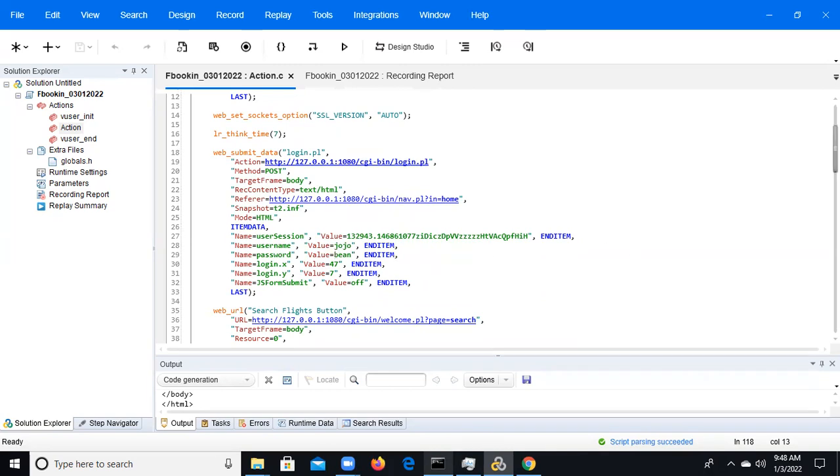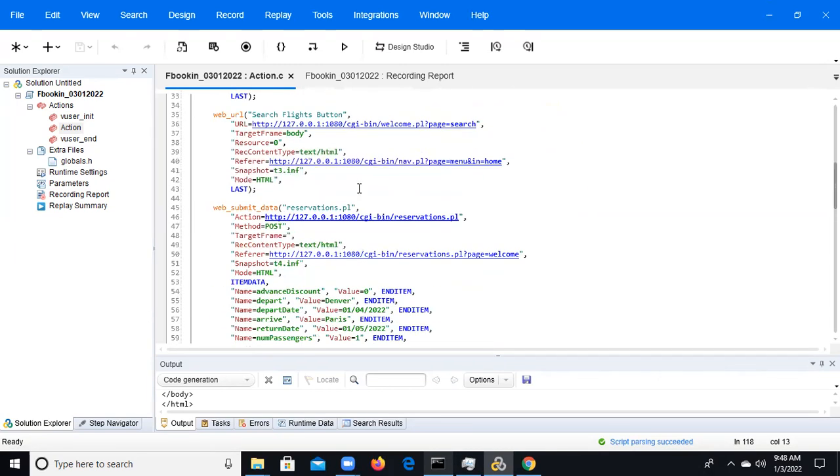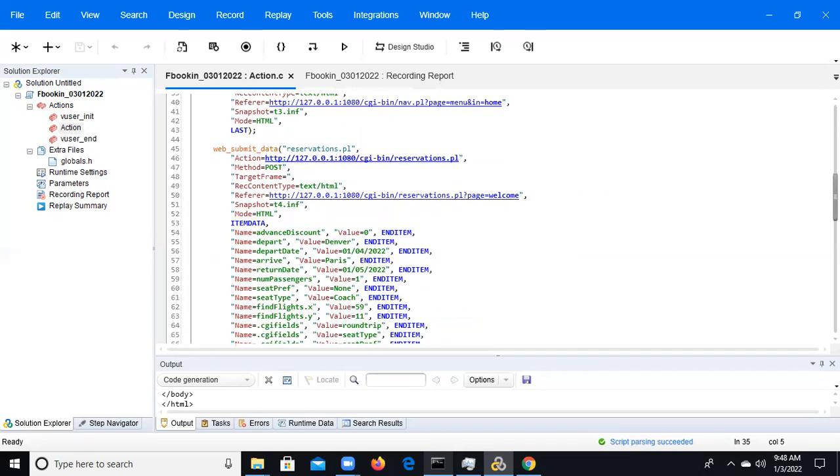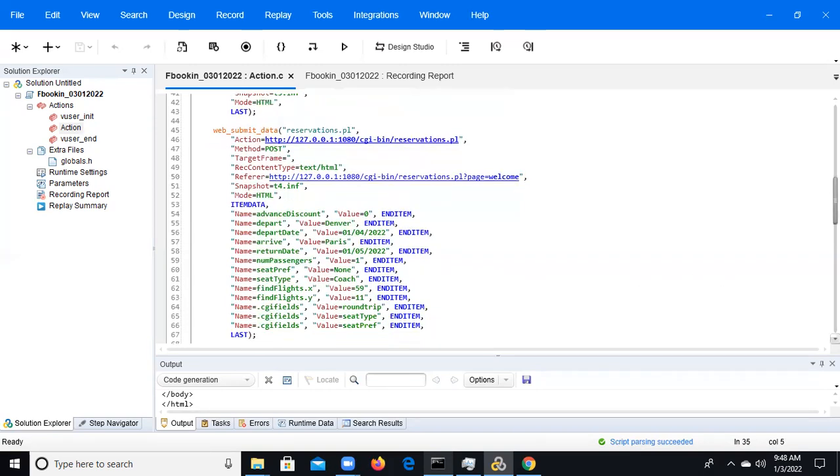Then, in the search flights page, we don't have any values because we are not entering any data. We are just selecting from a drop down, but not entering through the keyboard.